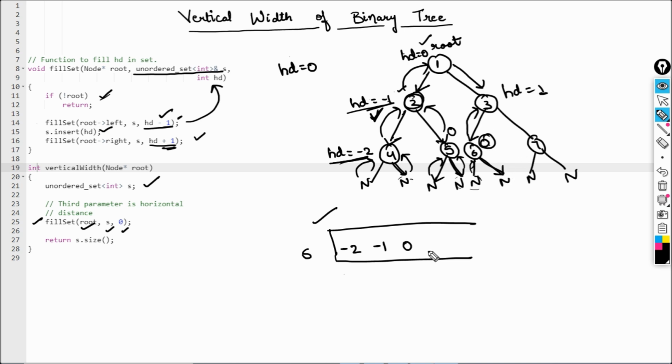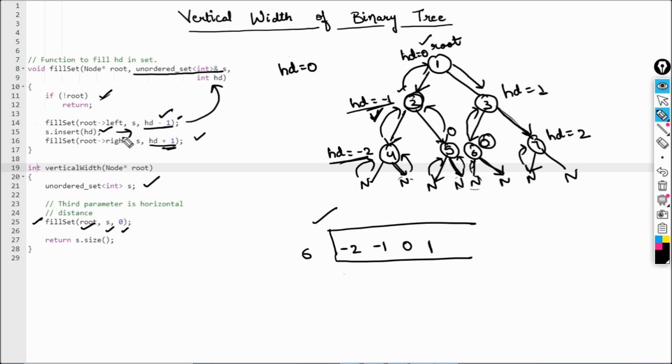It will be returned back here, right? As soon as you return here, you have to insert ht, right? So insert 1 here because 1 is not present, okay? And make a call on the right side now. As soon as you make a call on the right side, it will be 1 plus 1, so your ht will become 2 for this node, right? Now you need to make a call on the left side again. As it is null, it has to return back.